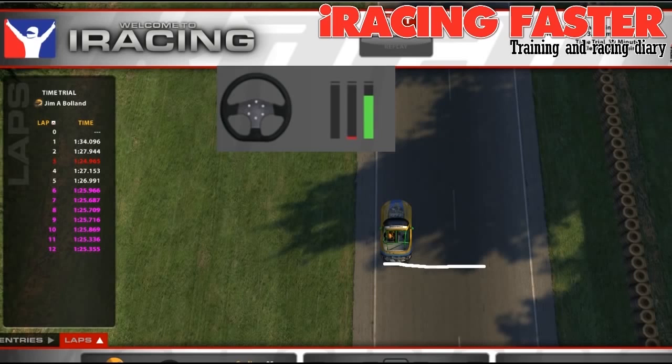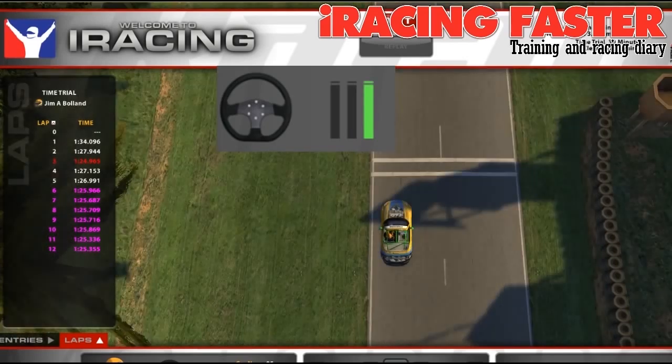Now if we go and have a look at lap 12, and again going back to basics here, if we're doing the same thing in every one of the corners over and over again, that means that the speed that we're coming down the straight should be very consistent. The speeds that we're going through corners should be very consistent. So in real terms, we shouldn't be having to adjust for coming out of a corner even faster than we normally do, because it should be the same all the time. So it would make sense that on lap 12,